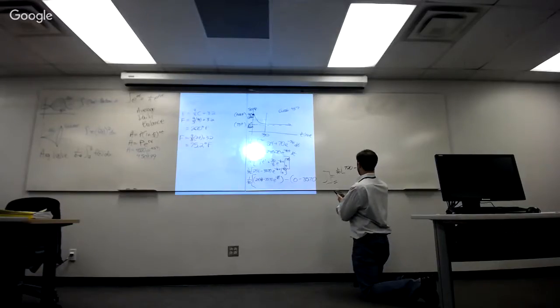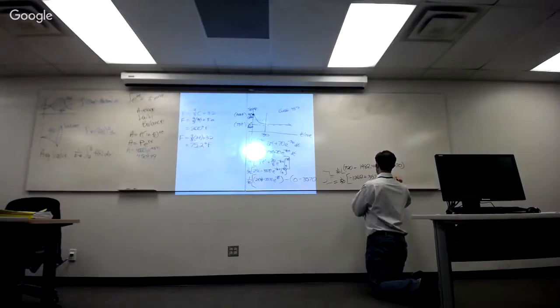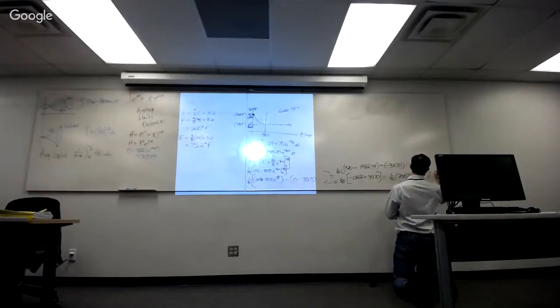minus 1982.44 minus, and that part is still negative 3570. So now we have 1/30th of 720 minus that, negative 1262. Oh, negative 1262 plus 3570, which is 1/30th of 2307.556, which is, oh boy,